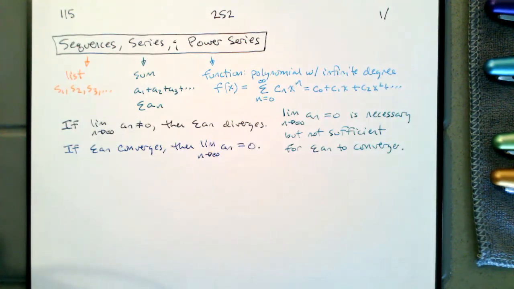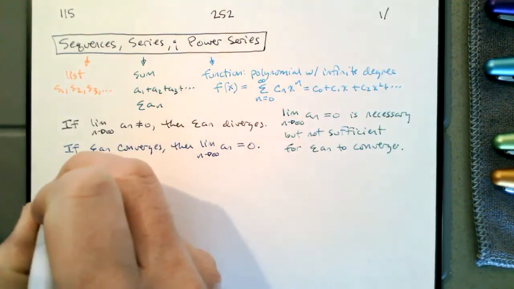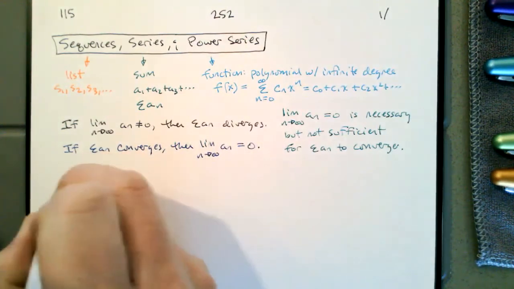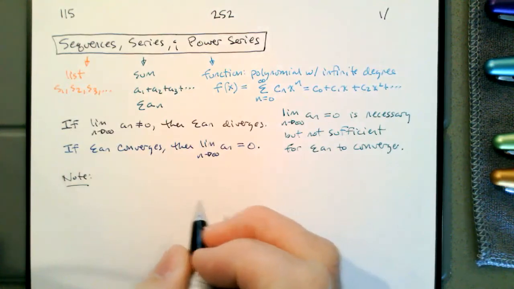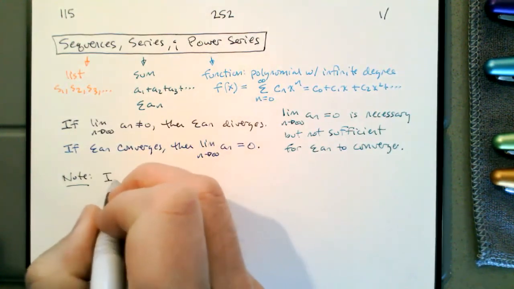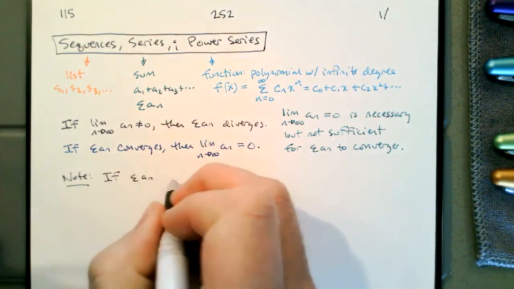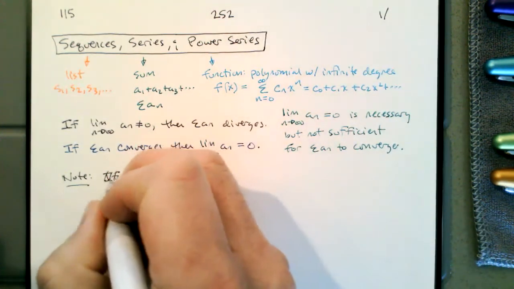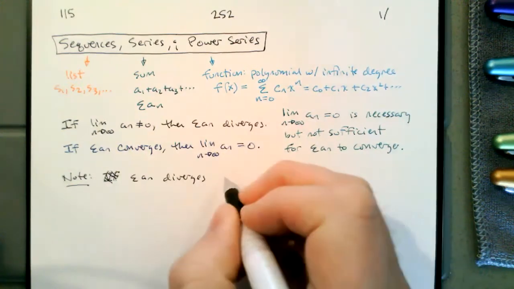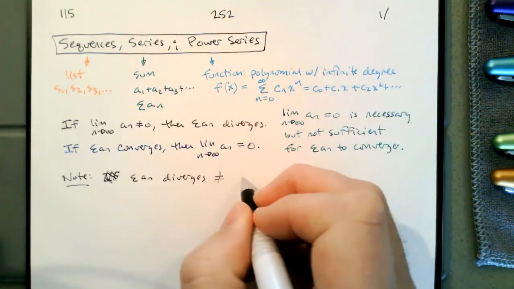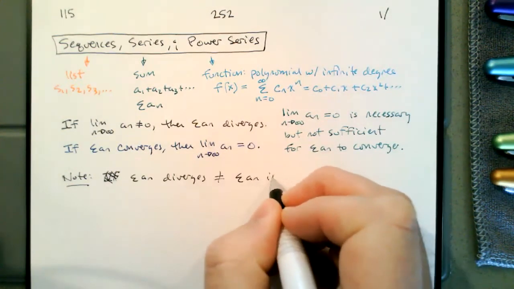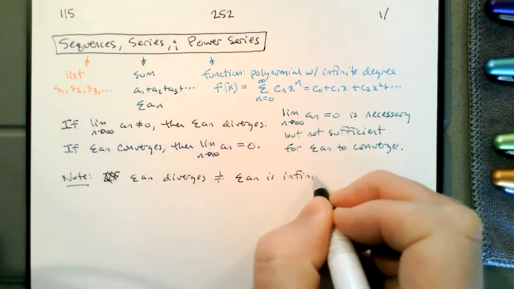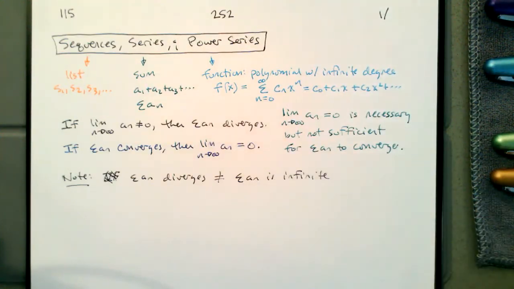So what I mean is, note, if a series diverges, it doesn't mean the sum is infinity. Let's just phrase it this way: the series diverges is not the same as the sum is infinite. It might just be that we cannot determine what the sum is. For example,